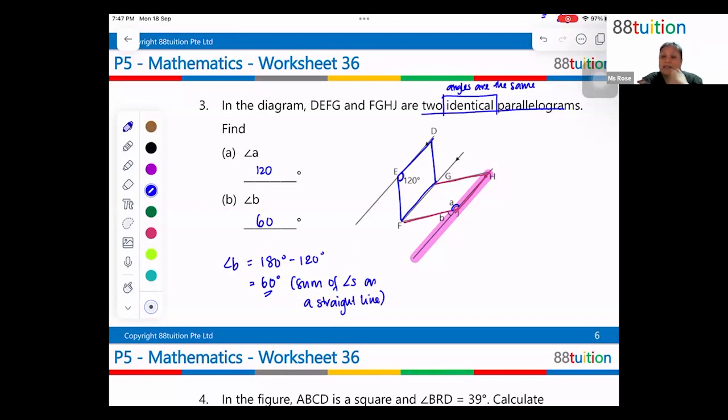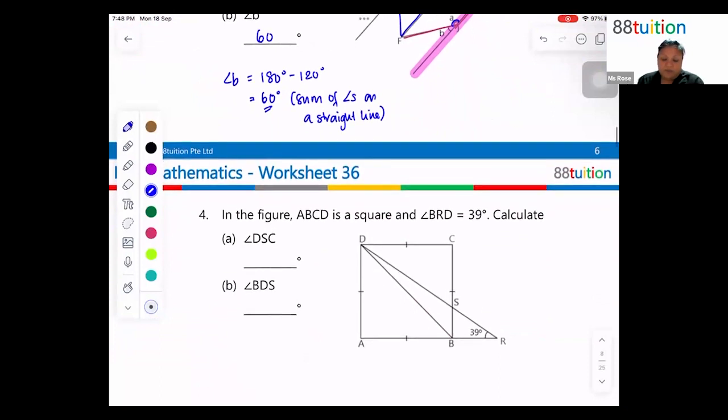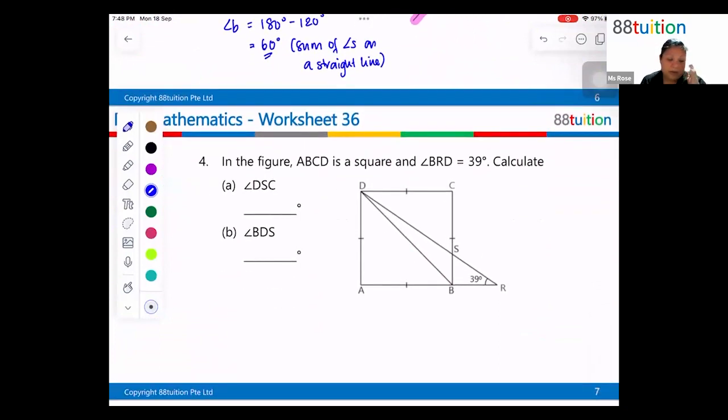They are identical, so take note, they are identical. So these angles must be 180. So that means this is also 180. This is 120, this is also 120. So please take note, they are identical. Okay, question number 4. Now, in